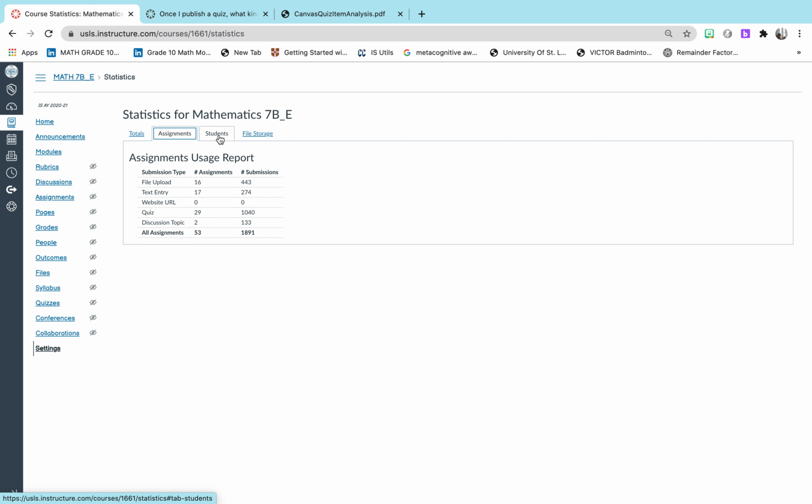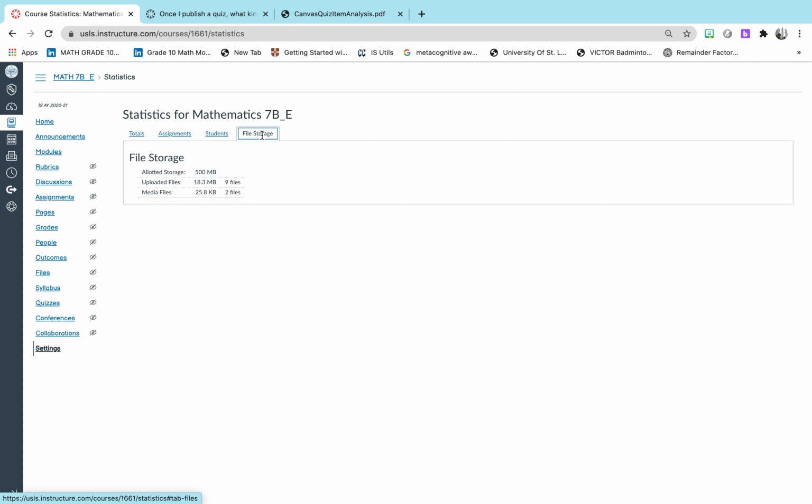Okay? You could also see your total students here. And it's very important for you to get updated on your file storage. Your allotted storage is 500 MB. How much is your uploaded file? How many media files do you have? And you could actually compute from here what's left of your storage. Okay? So, that's it. I have given you 3 types of analytics here in Canvas, which you can use,